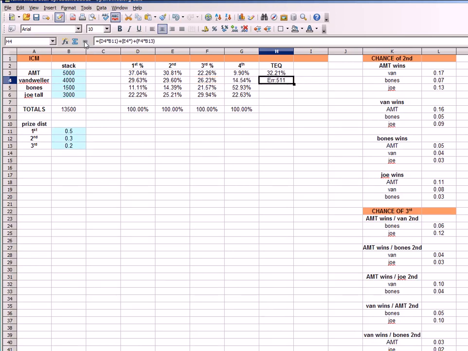And we get an error. Oh, because we didn't put the value of third here. So the value of third. There it is. All right, so that is vandweller's overall chance of those spots. Overall chance of each of those spots times the value of each of those spots, added together for his total equity in the tournament. So I'm going to let you go ahead and do Bones and Joe Tall on your own,